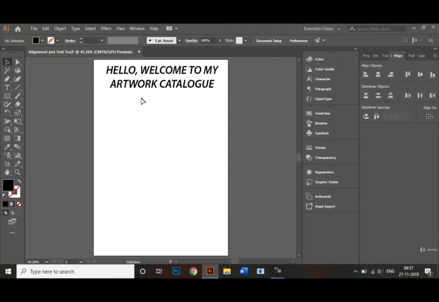Now similarly, if I want my text to be inside a box, we can do that by first creating a box and making sure there is no fill, and my stroke color should be black as well. Right, so I can just click on the swap right here. Okay, so let's make a box. It can be a rectangle or it can be a square, however you want.